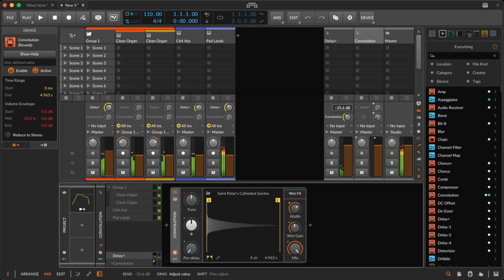So maybe the delay should feed the convolution. And consequently, maybe the convolution should feed back into the delay. It's a different way to think about synthesis. All because our mixer has power and some expressiveness already, with the option to modulate things directly.